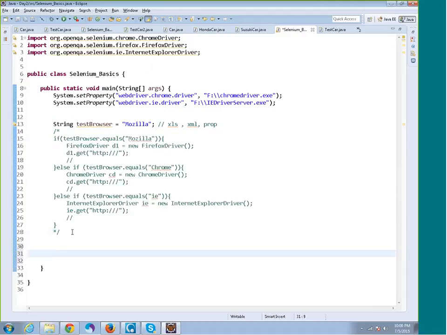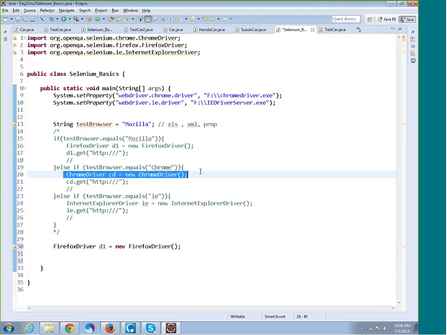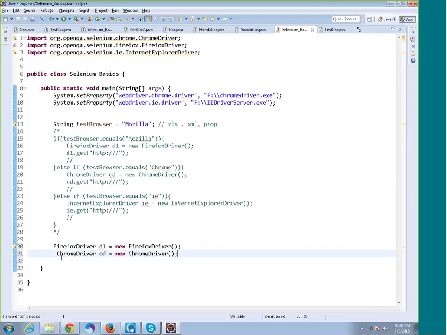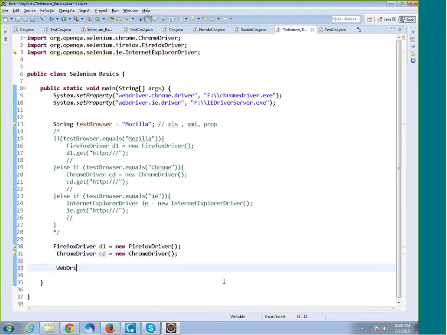Okay. Now, we know that WebDriver is an interface and Firefox driver is the class implementing the interface. Right. We create the object of, say, Firefox driver like this. We create the object of Chrome driver like this. Now, instead of this, we can also create the objects like this. That is,